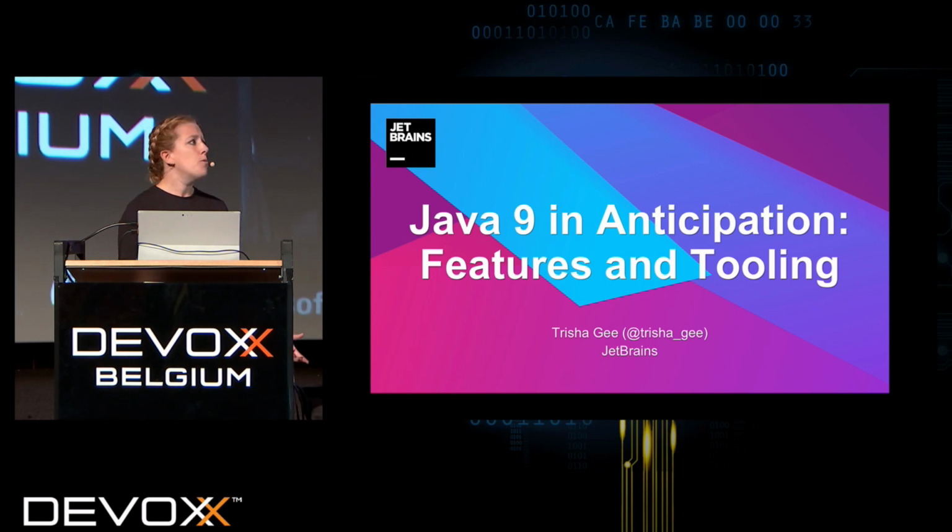This is also a bit more informal than... Who came to my earlier talk? A bunch of you. This is a bit less prepared than that talk because both Java 9 and the tooling support in IDEA move along a lot faster. So this is more like throwing some ideas out there and seeing how they work together, rather than a fully prepped demo of how things fit together. That's my caveat. And last time I ran this at Java 1, it took about 35 minutes. So you might be able to get out early, or you might have loads of time to ask questions about Java 9 or about support in IntelliJ IDEA.